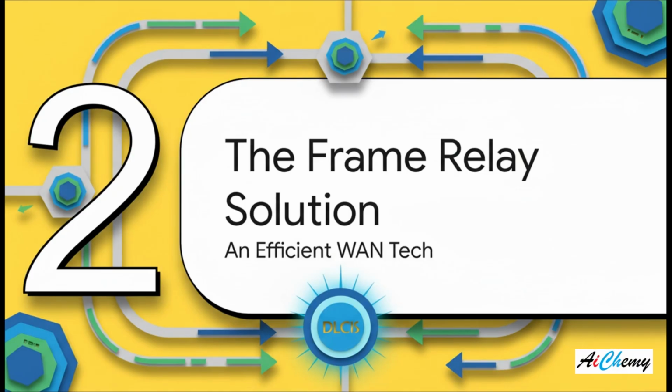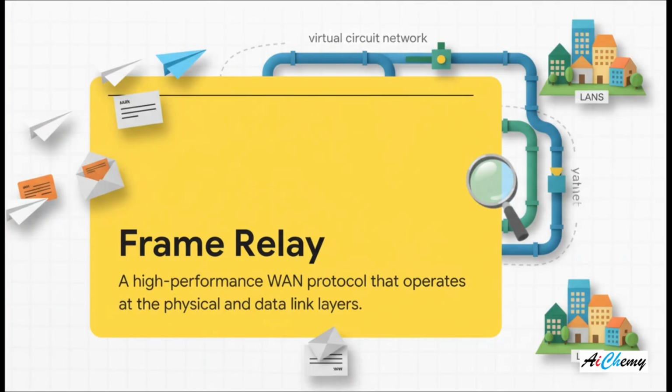Well, one of the most important answers to that question was a technology called Frame Relay. And honestly, it was a total game changer for building efficient and affordable WANs. Frame Relay is basically a super efficient postal service for your data. It's a standardized way to package and switch data through a provider's network. And the clever part is it doesn't get bogged down with a ton of error checking. It kind of assumes the network underneath is pretty reliable, which makes it fast, really fast, perfect for connecting different